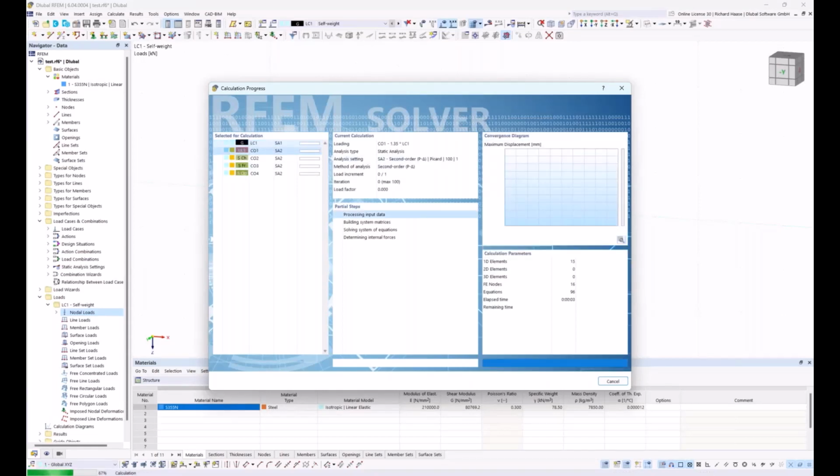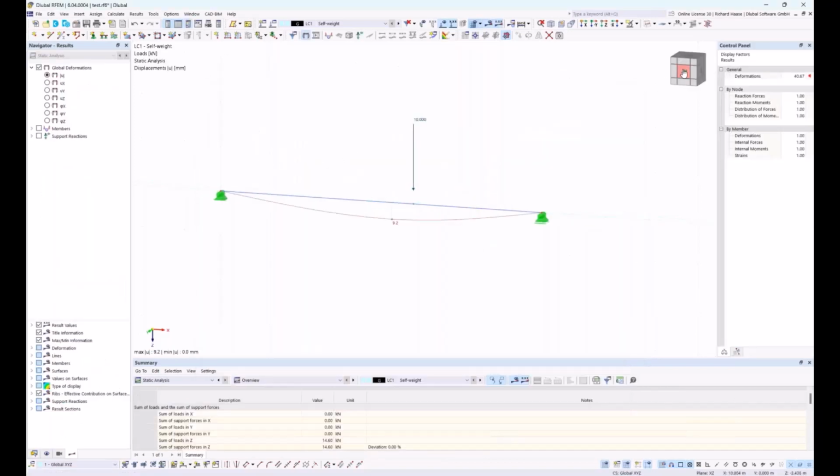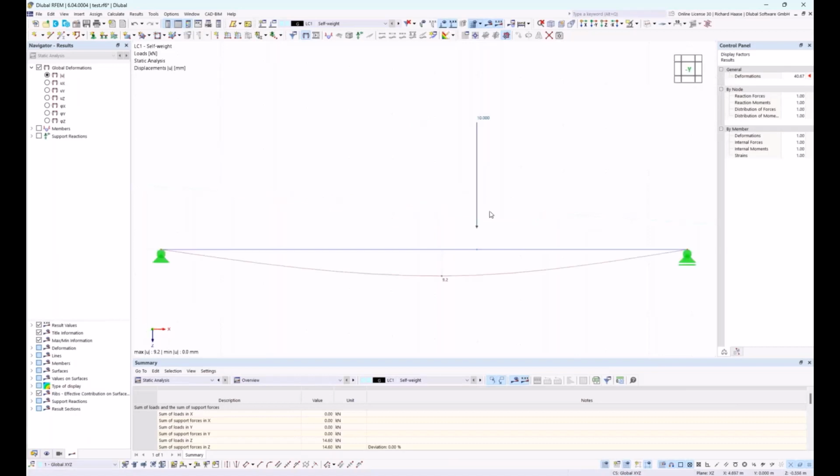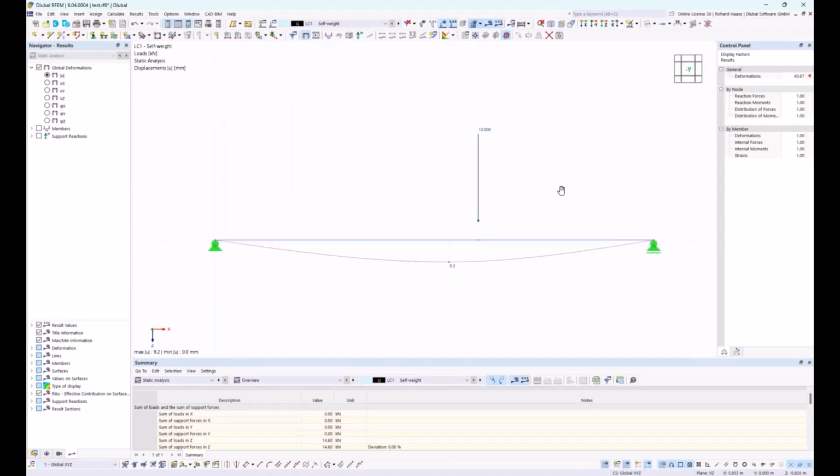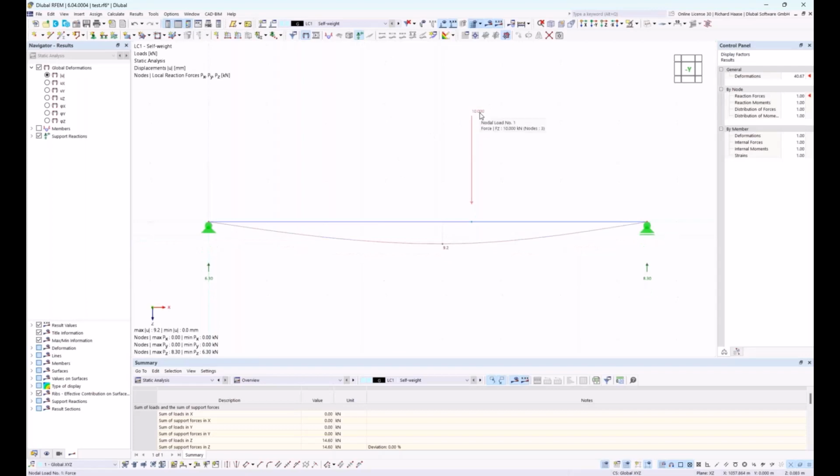Here, the load case number 1, and the combinations I will come to later in the next examples. So now we can control. We have our 10 kilonewton, and one sees here the support reactions. So now we see, okay, we have our 10 kilonewton, and here we have